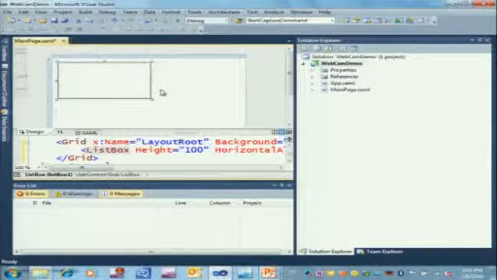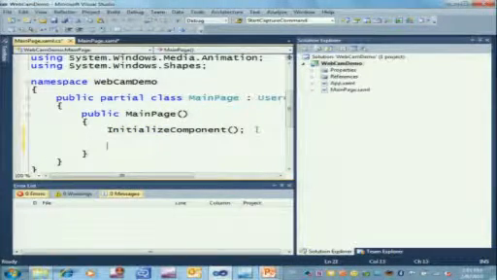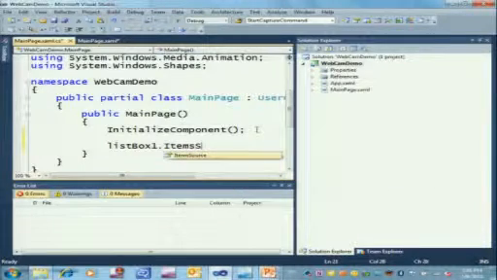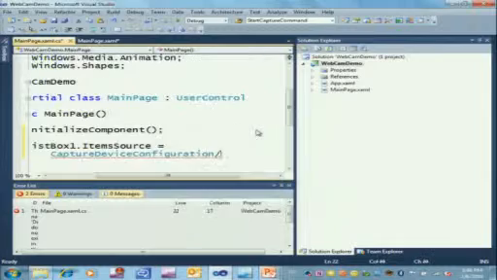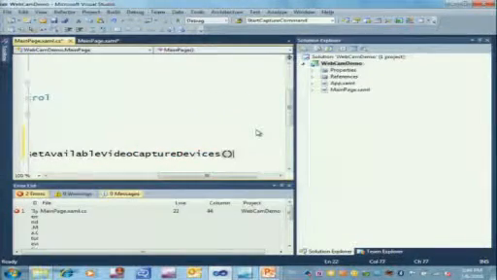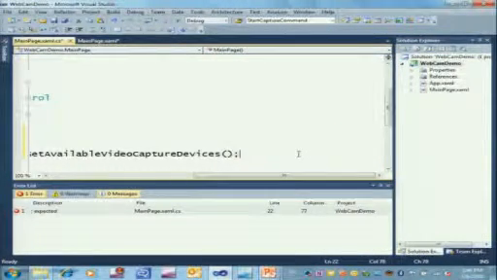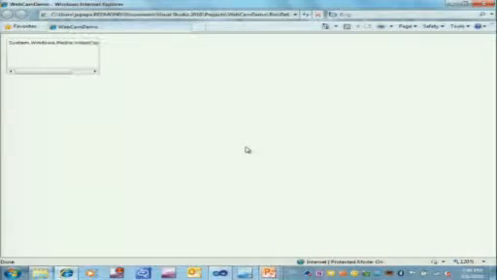And in the code behind, I'm going to populate that list box with the set of known video devices. So listbox1.ItemsSource equals CaptureDeviceConfiguration.GetAvailableVideoCaptureDevices. Let's make that a little bit smaller so we've got space to see what's going on. So this will populate the list box with all the known video capture devices. And as you can see, the default ToString behavior is not very helpful. It's just printed out